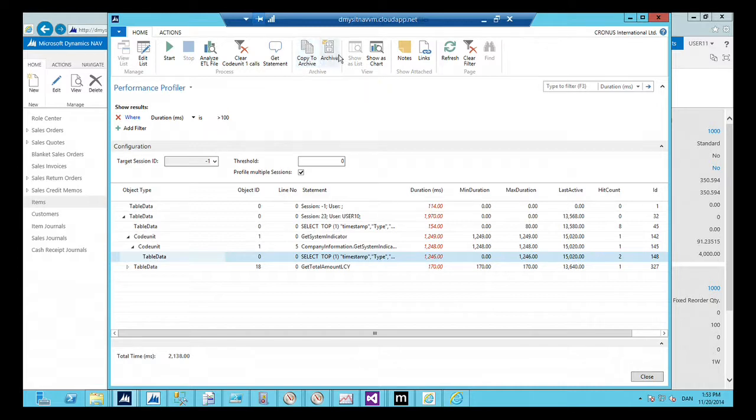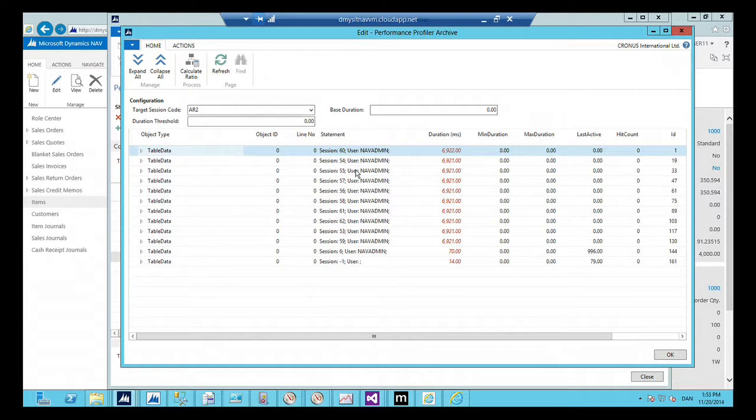I think we have some archives already. Nope, we don't. Oh, it's trying to open them. Yeah, okay. So there's a bunch of sessions that have been opened here, and if you take a session here, you can get it to calculate the ratio of the operation. So instead of looking at all the timings, it'll quickly show you which particular operation had taken most of the time